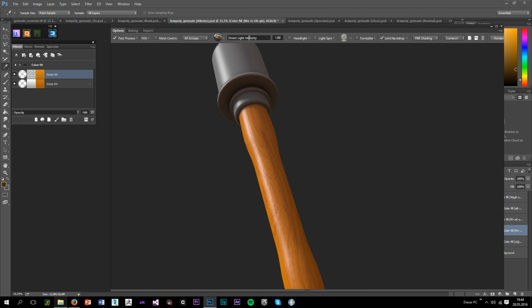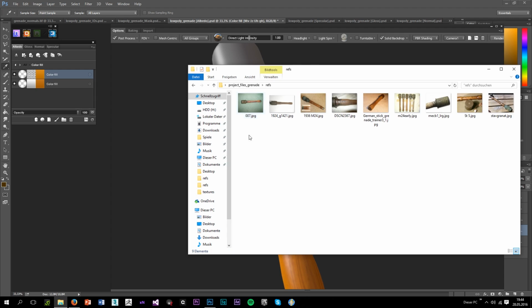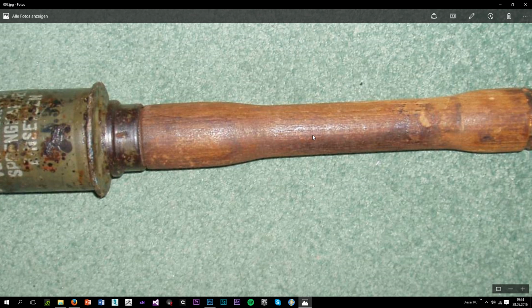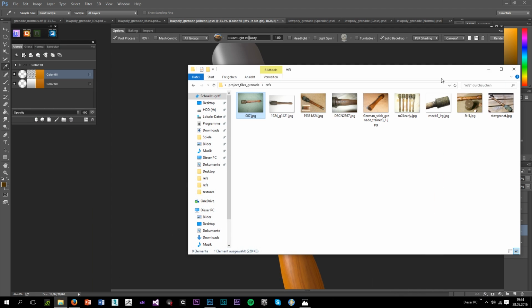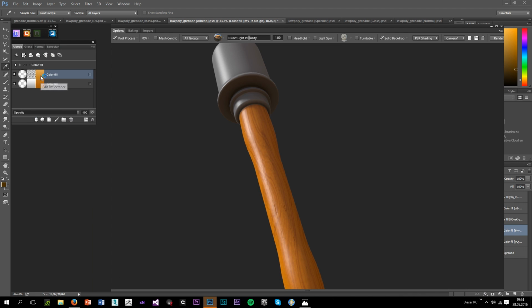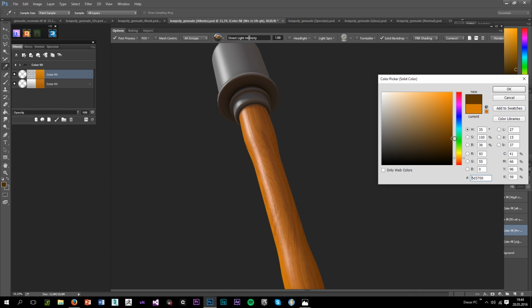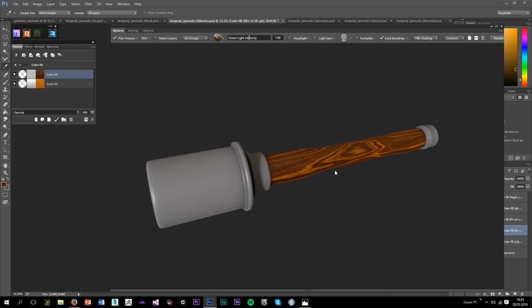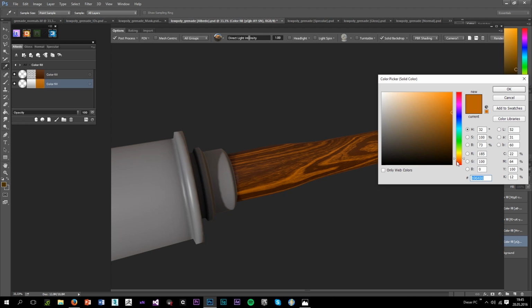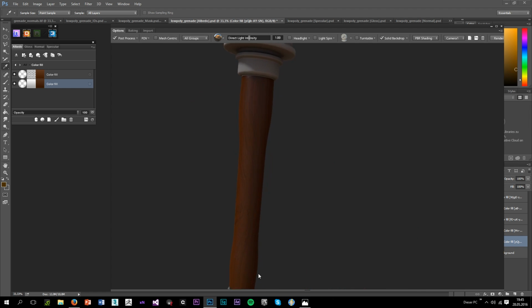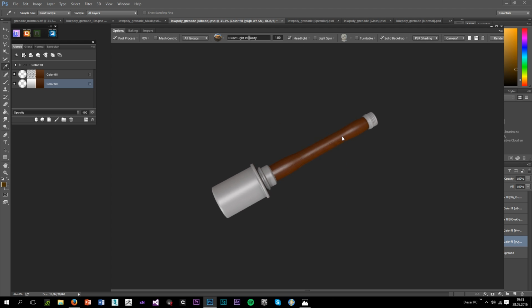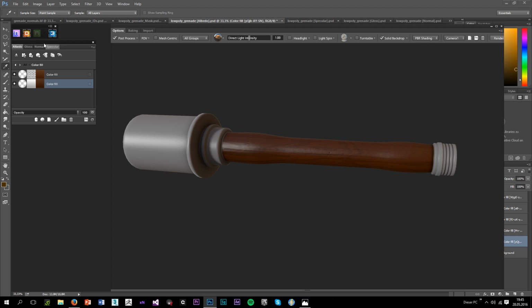I kinda don't like that one, so I'm gonna go back to my reference images, and yeah, I'm just gonna get some brown color. Just gonna go to the reddish brown. Take that as well. Okay, this one looks quite alright, so I'm gonna stick with that for now,